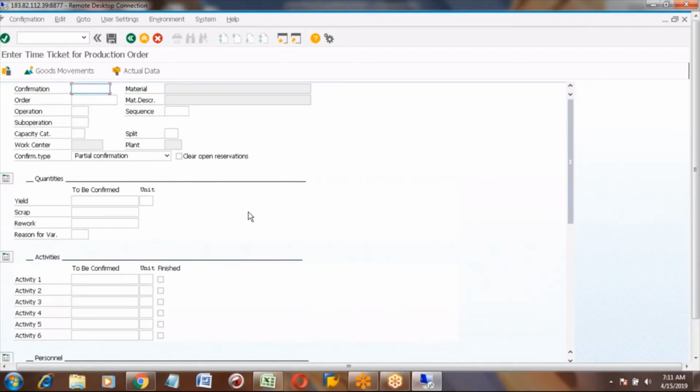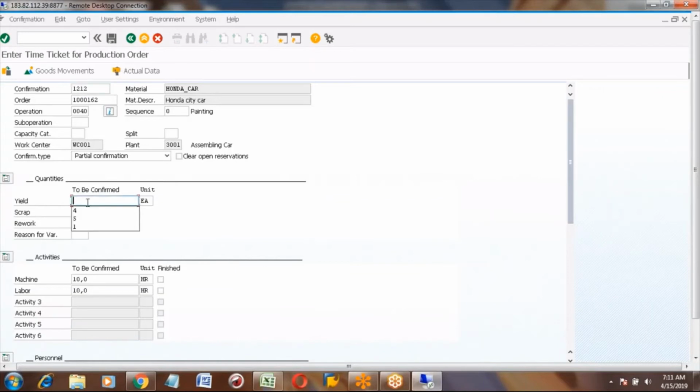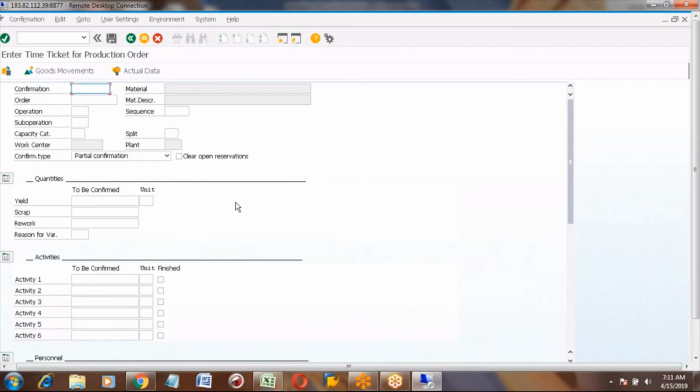If you have 10 operations, you need to do it like this for 10 operations if you want operation-wise confirmation. And then I am entering the 40 operation, enter actual data. You confirmed only 4, so you can enter 4, and if you want to change the timings, you can change them, and save it. So is this operation-wise confirmation clear? Any questions?